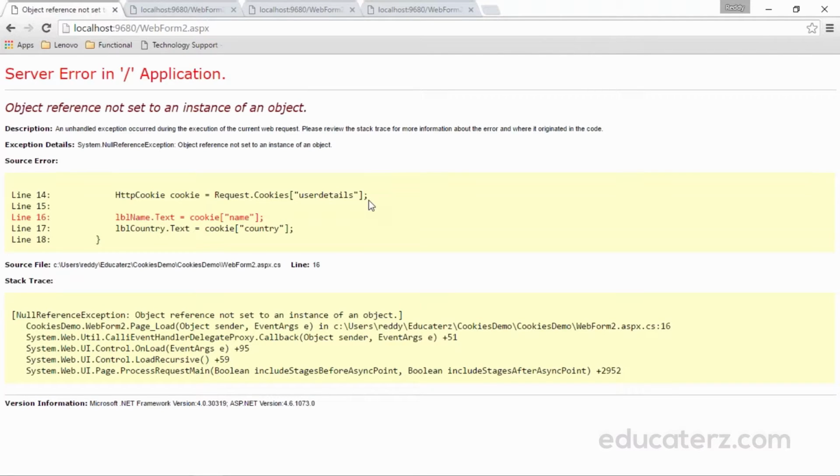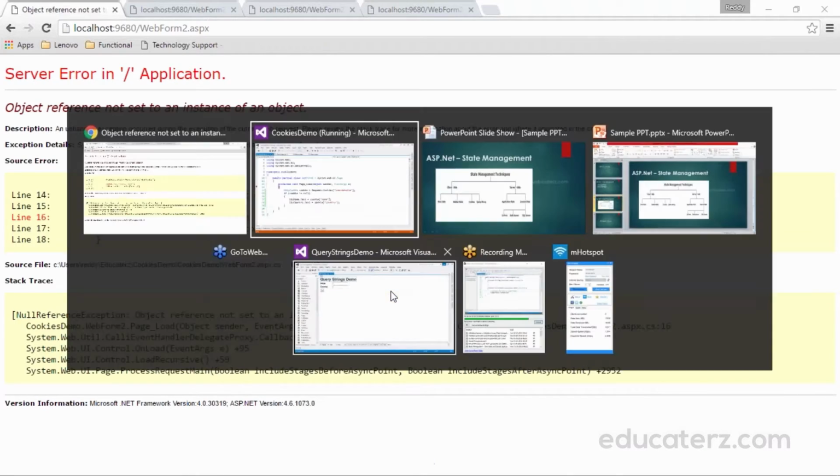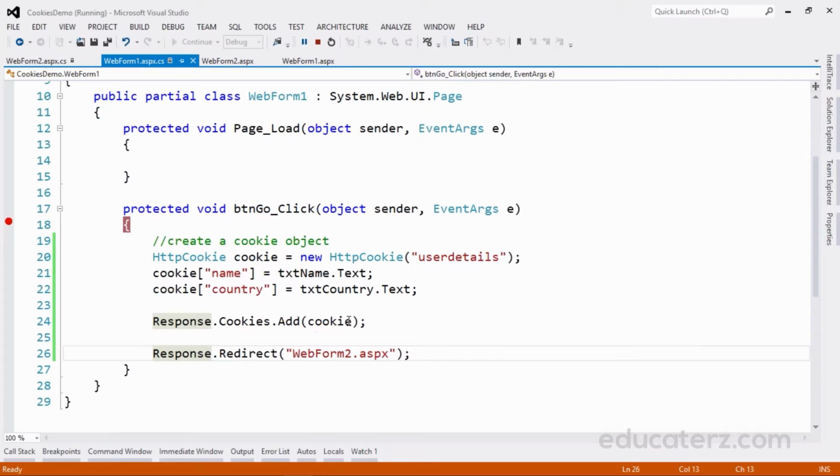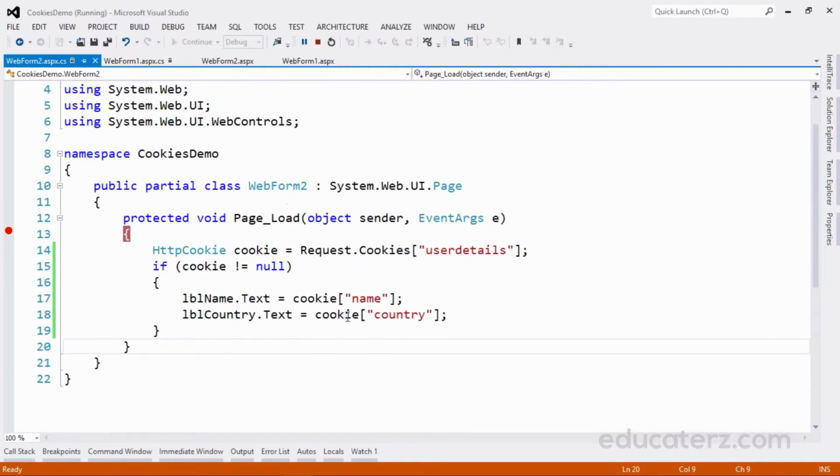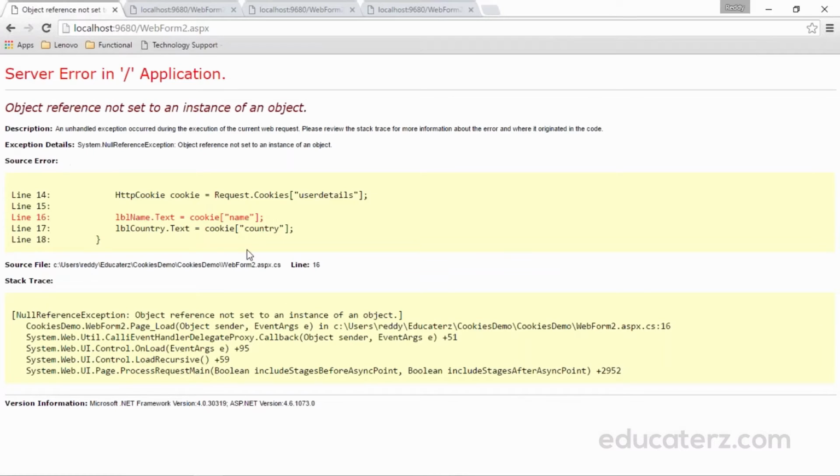This error we got because at that time we had not added the code like this, Add cookie. There is no value inside this cookie name, but we are trying to assign it to the text. That's what it is telling: Object reference not set to an instance of an object. See here, System.NullReferenceException. Null reference exception means that without having anything, we are assigning it to another variable or another property of this control. That's how we are getting this.